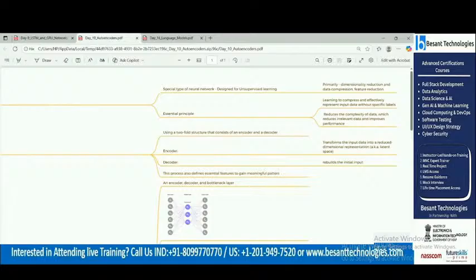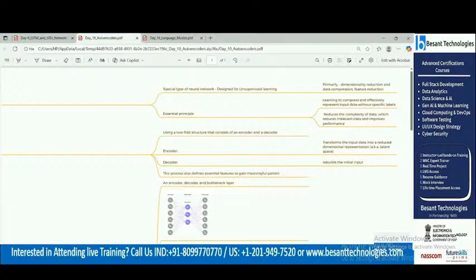They transform whatever input data you have into a different format, whatever output you want. That is encoding, and decoding is the vice versa of that.